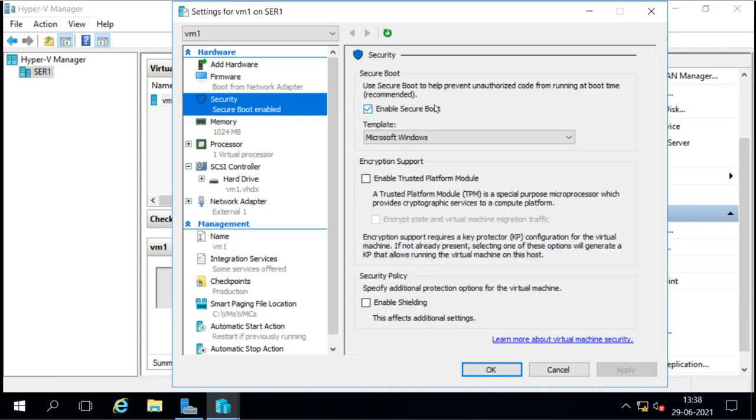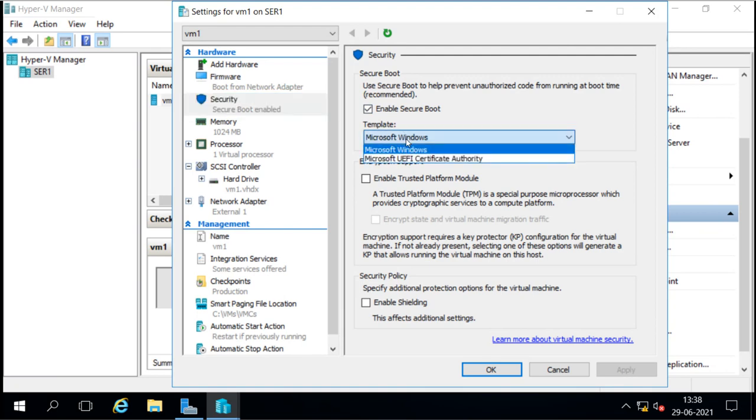The secure boot is enabled, and because it is for the Windows machine, you can change it for Linux also. The Trusted Platform Module, TPM, can also be enabled. We can enable the shielding also.